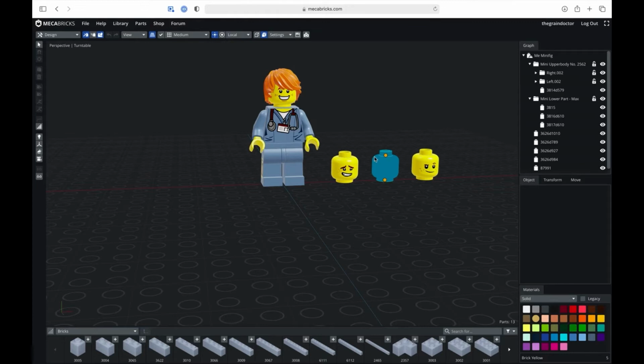So I'm going to do something a little different today. I'm going to do a little tutorial on a very quick and dirty Lego face animation using Mecabricks and Blender. Now, there are certainly better ways to do this,